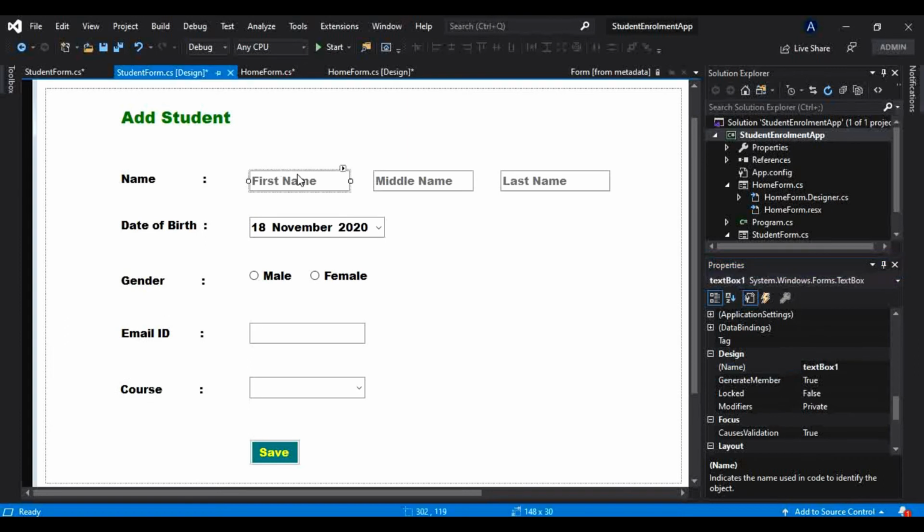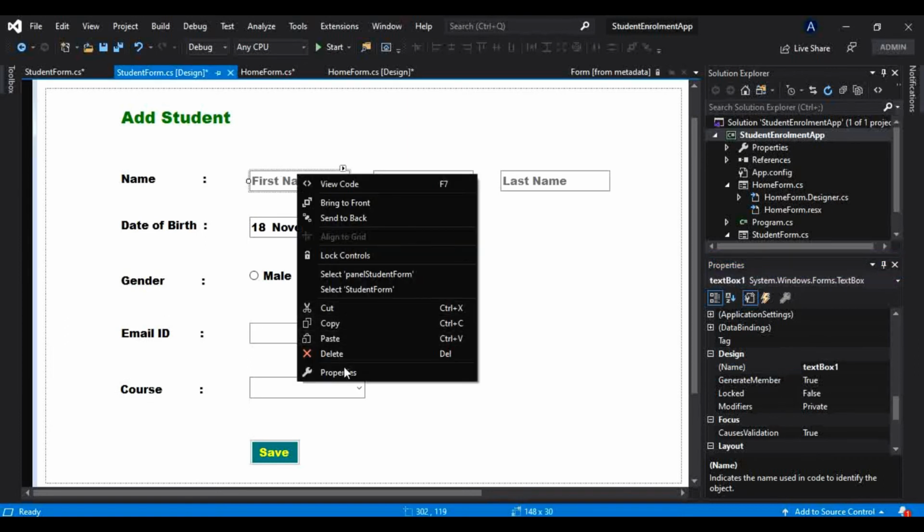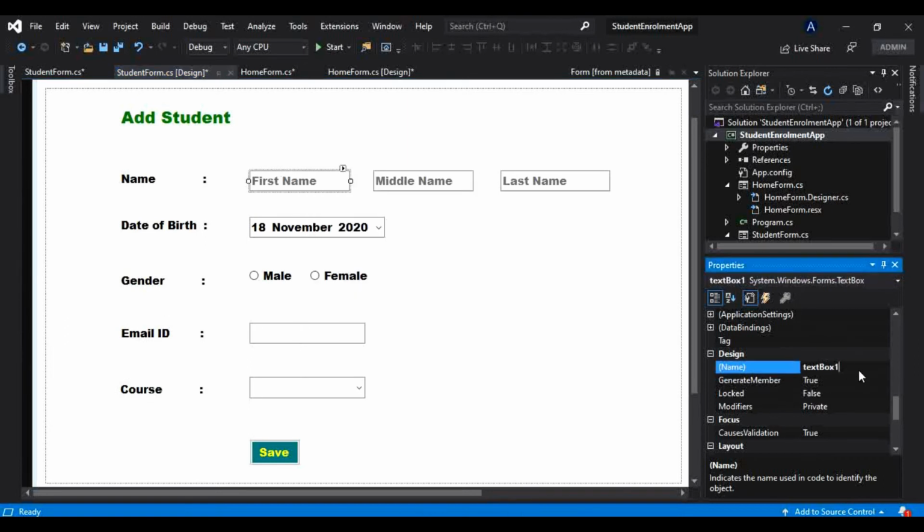And similarly we will change the name of these text boxes as well, so that we can find